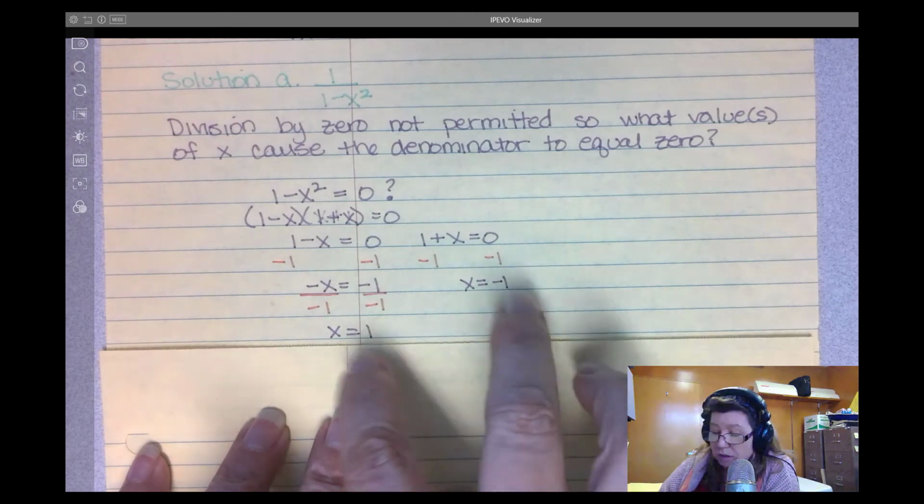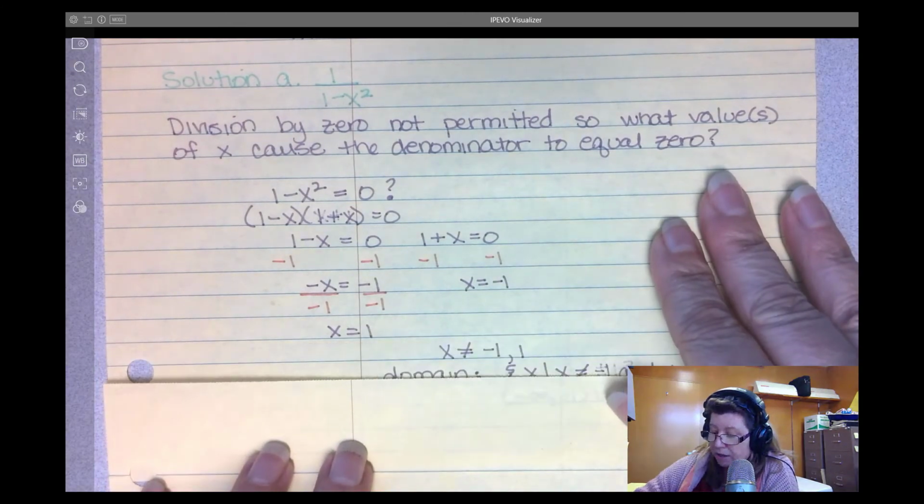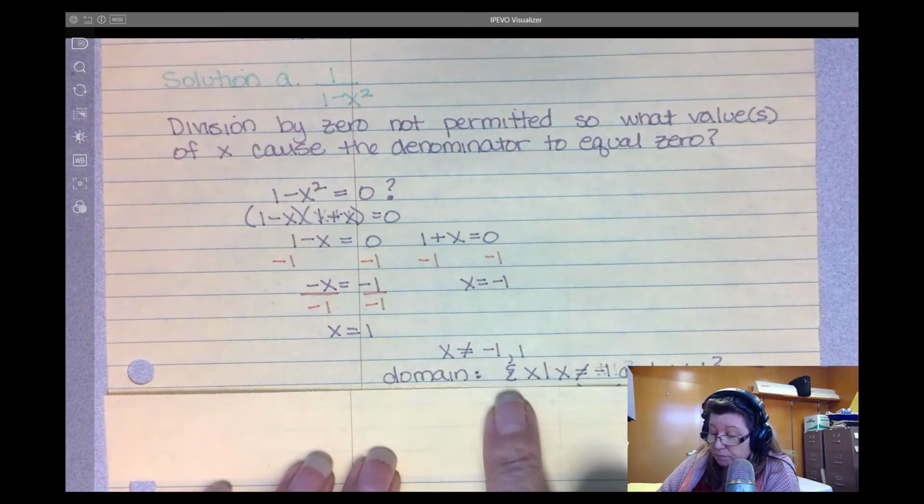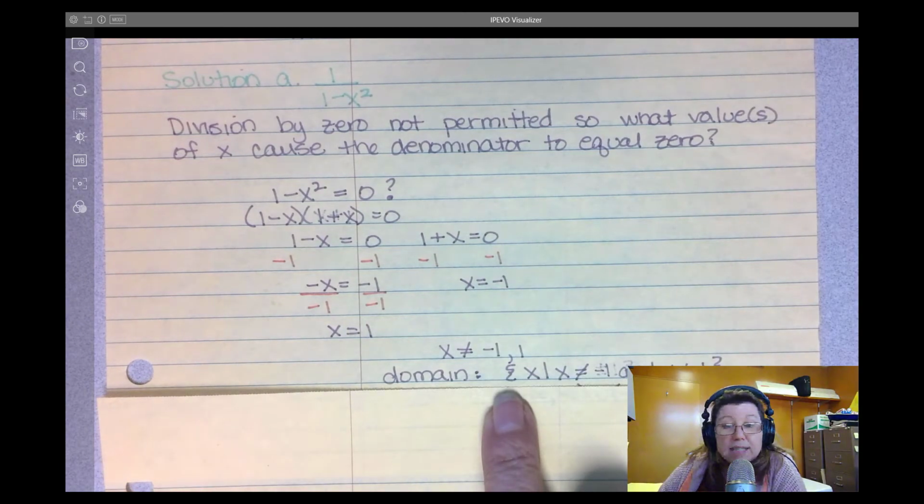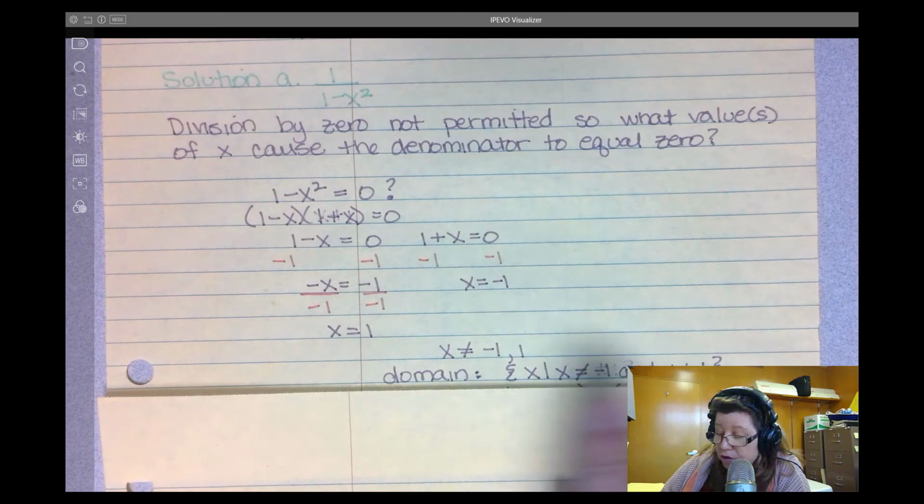Those are the only ones that will force it to be 0. And therefore, in set notation, it's the set of all x values such that x does not equal negative 1 and x does not equal 1. In interval notation,